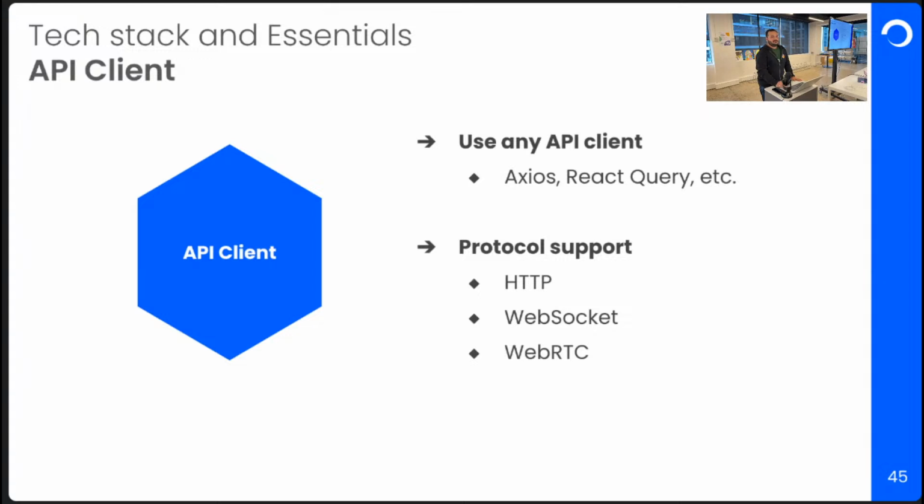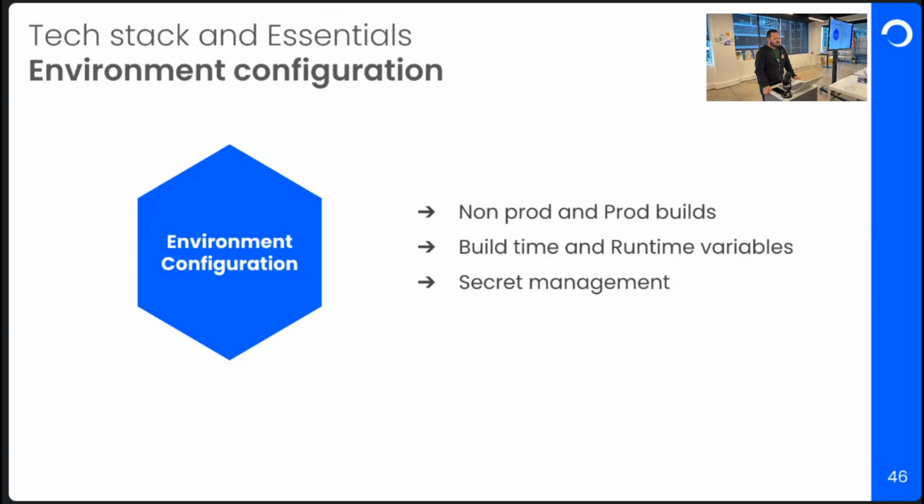All right, API clients. Again, you can use anything. It's a JavaScript based runtime environment. It's a non-issue basically. Then you have environment configuration. Now, speaking of universal apps, there'll be certain environment related configurations specific to mobile, specific to web, and there'll be certain variables that you share across. Now, what Expo gives you is,